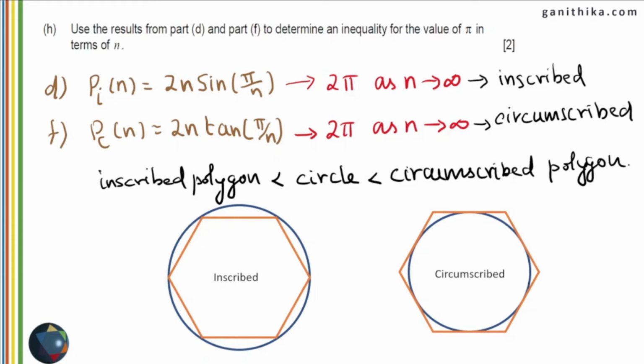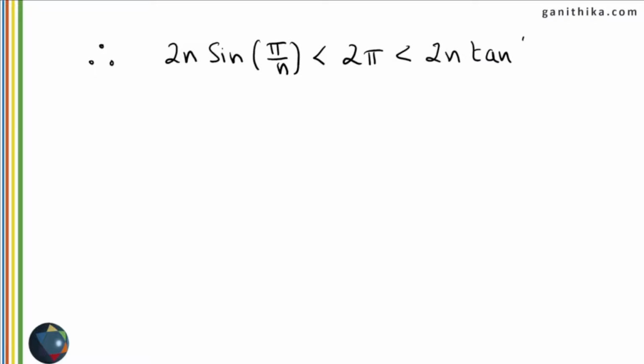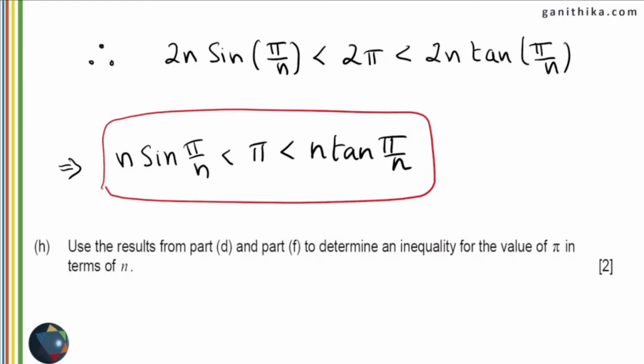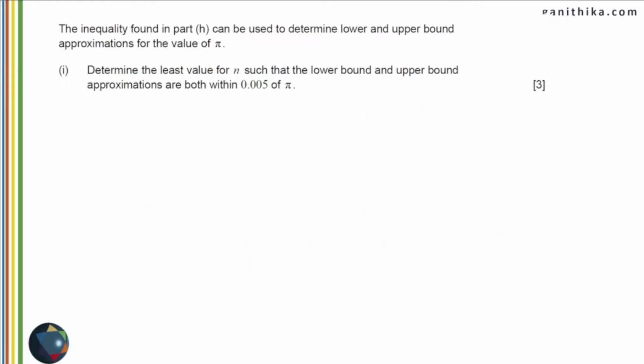So the moment you see the word inequality, you should be able to identify which is smaller and which is bigger. In this case, substituting the values for the inscribed polygon, the circumscribed polygon and the circumference of a unit circle, we get this inequality expression, and dividing by 2 throughout, you can see that this is the expression we have for the value of pi in terms of n on both sides. This might be a slightly tricky question in the exam, but until here you could have solved it easily. But here is the place where you need to think a little more than the normal questions. Let's continue to the last question here.